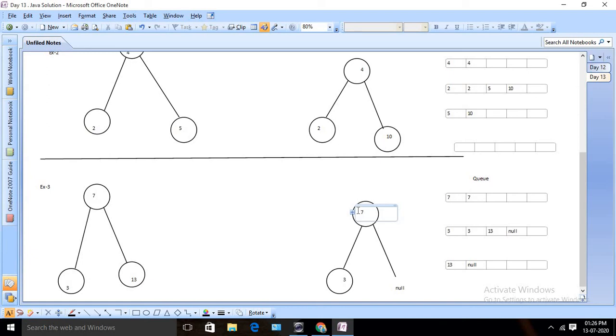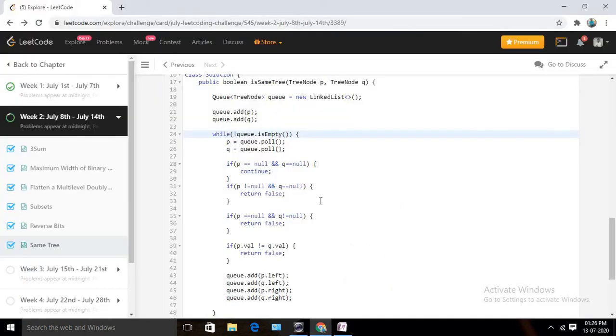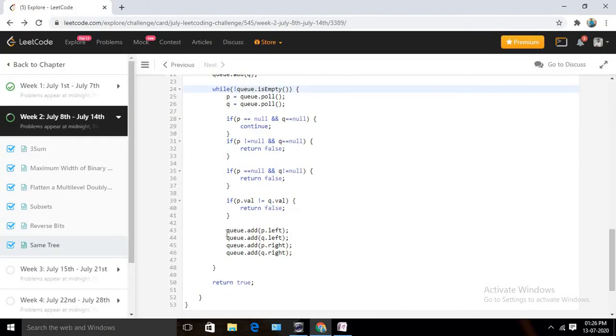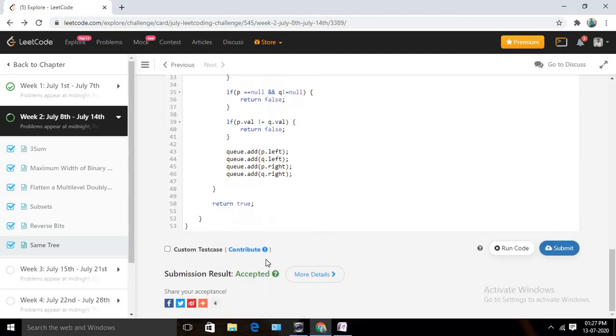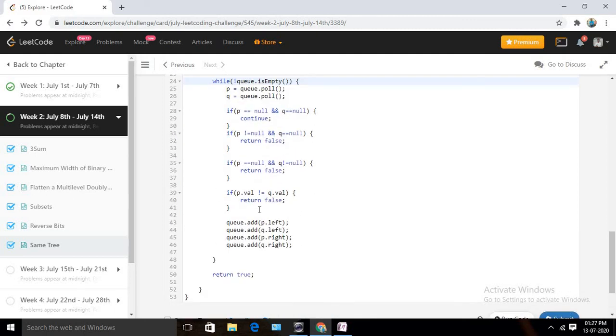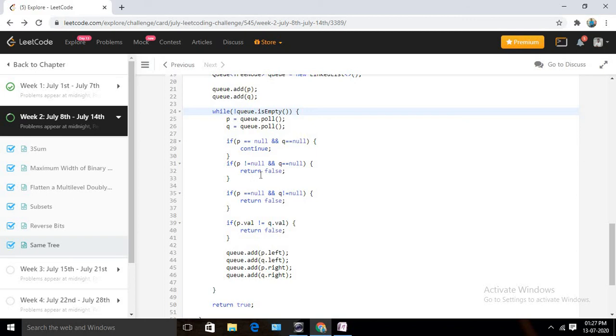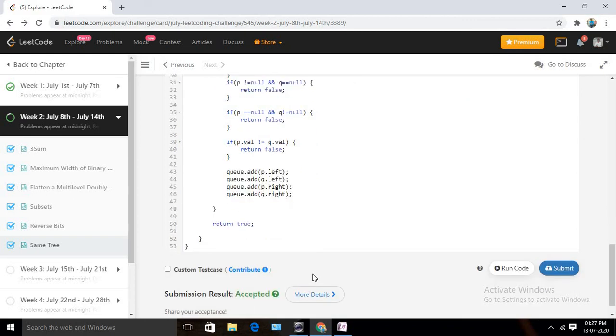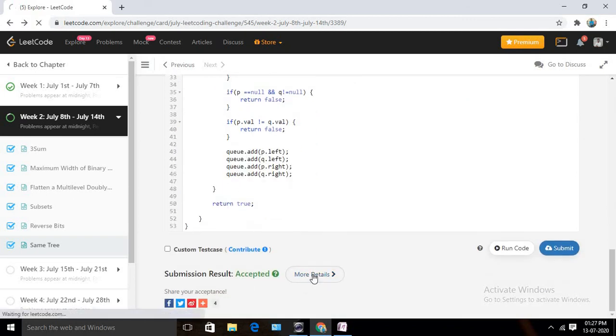After that, if both are not null, I am going to check the actual equality using the value, right? Then we keep adding their left child and right child in the queue, and again we are polling two items at a time. Yeah, that's pretty much. And if you check the time complexity, we are iterating through each node only once, so the time complexity is order of n only, right?